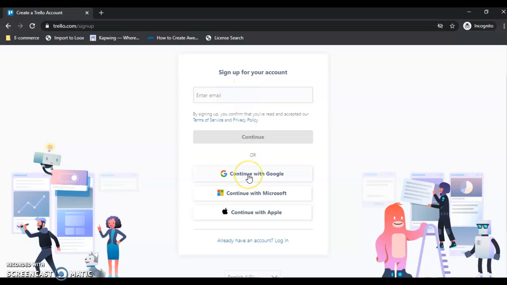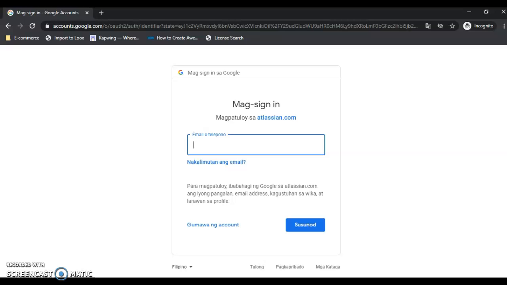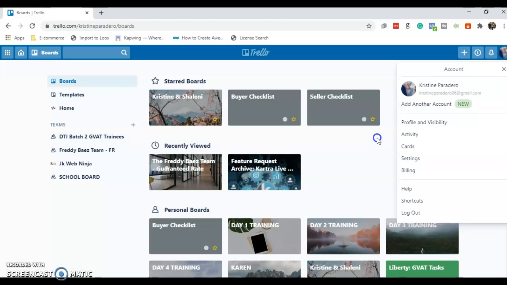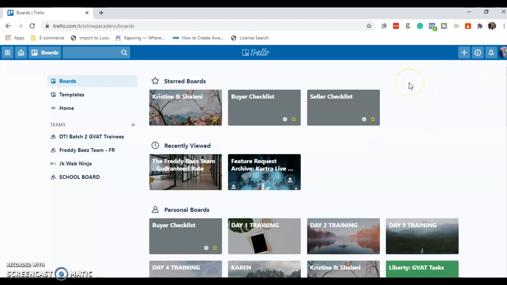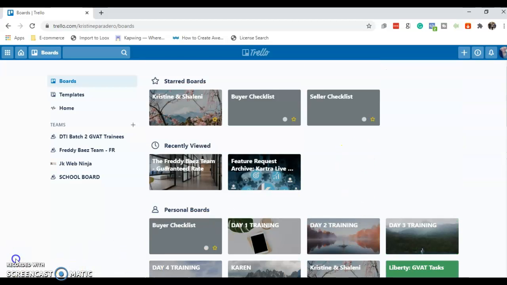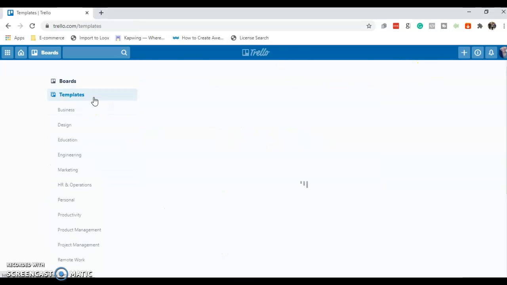Because I already have a Trello account, I just need to, or you can also click on continue with Google. But since I'm using this account, let's go ahead and come here so you'll be able to see the Trello account. So this is how it looks like. Say for example, you have already created your Trello account. Then you will be able to see the boards,